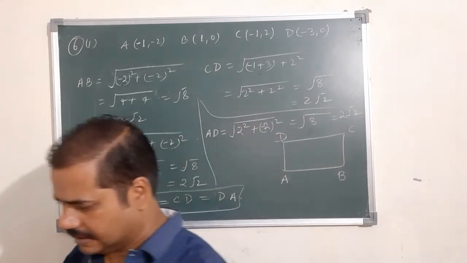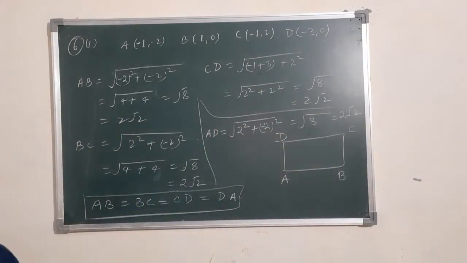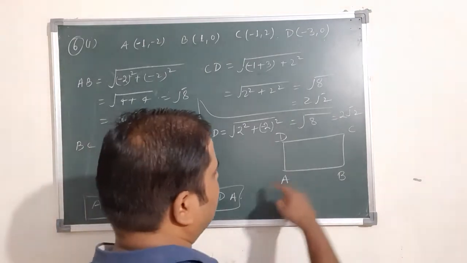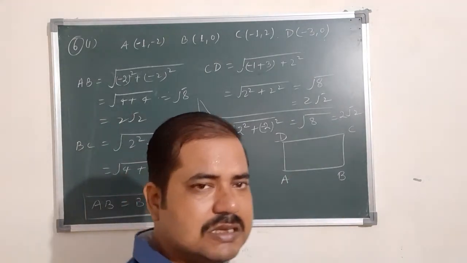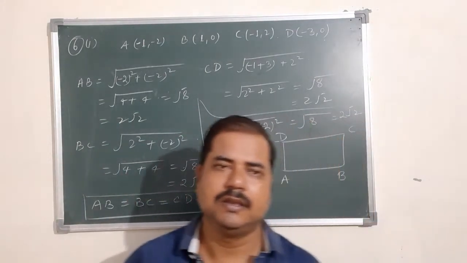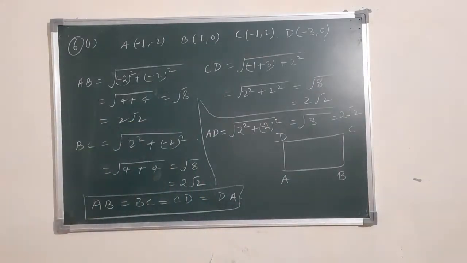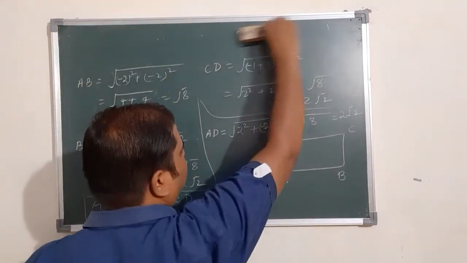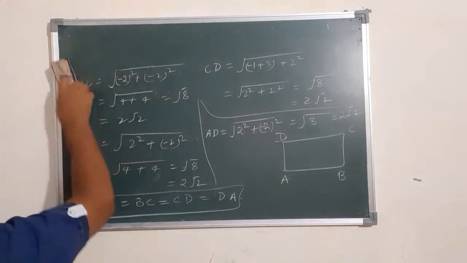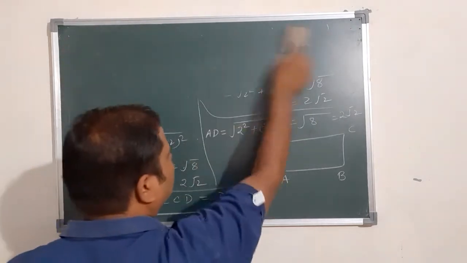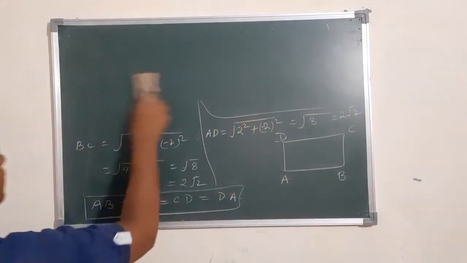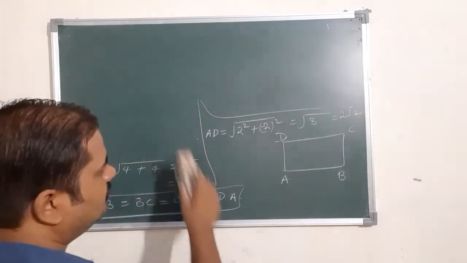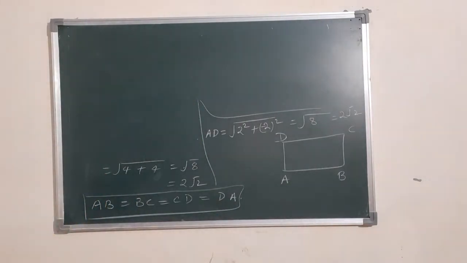It is decided only by finding the diagonals. If you find the diagonals and they are equal, then we can say this is a square, because the diagonals of a rhombus are not equal. Now diagonal means we have to find AC and BD. If they are equal, then only we can say this is a square. So diagonal AC